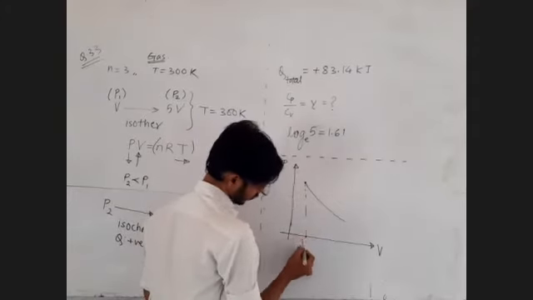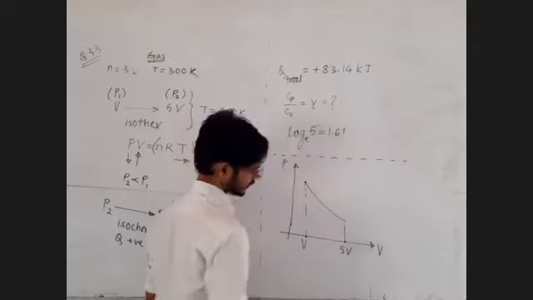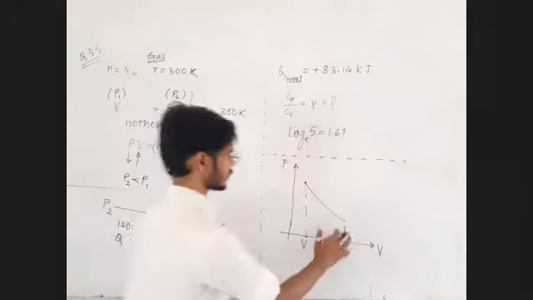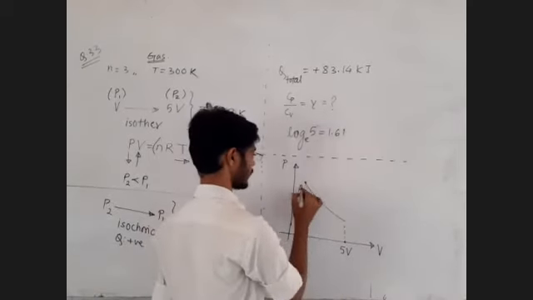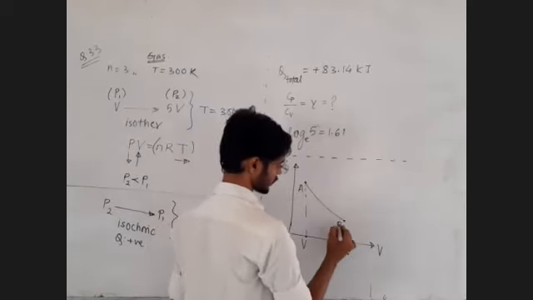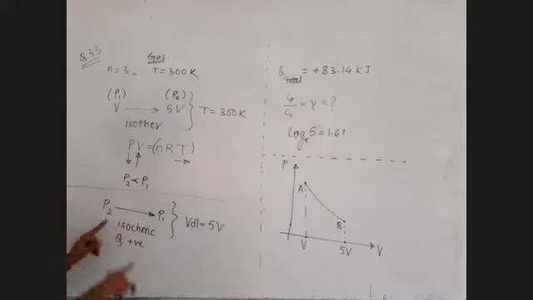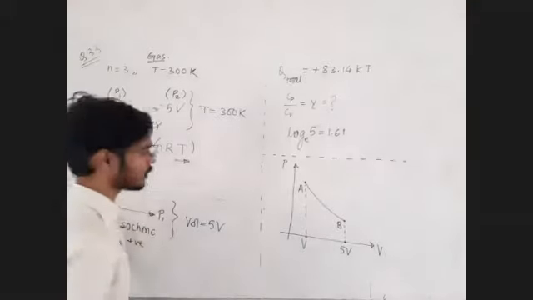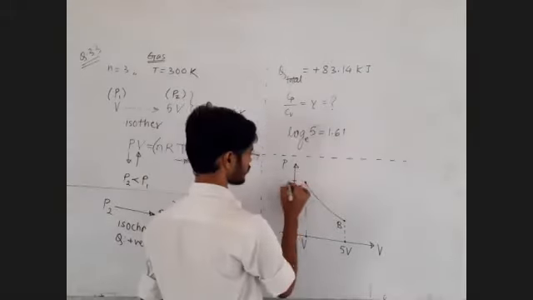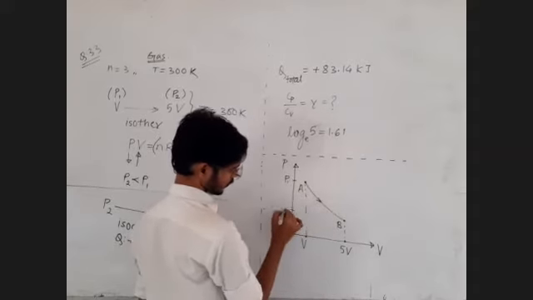So here I shall mark V, and here I shall mark 5 times V. Yes sir. And now this was the first process, isothermal process. Let us call this point as A. Let us call this point as B. Now the gas was heated at constant volume. Second process is gas is now heated at constant volume, and its pressure was increased from P2 value to P1 value. So let's say initial value is P1. Then during this process, final value of the pressure here it is P2.